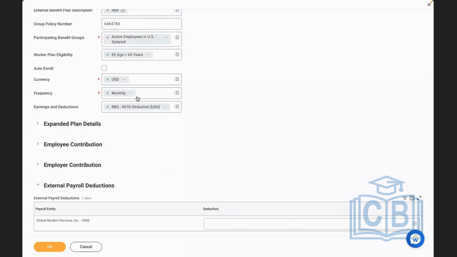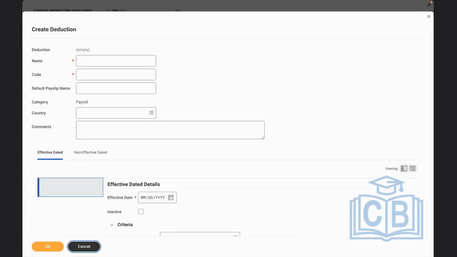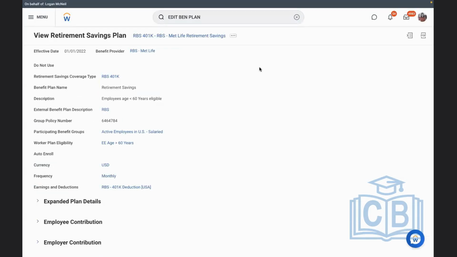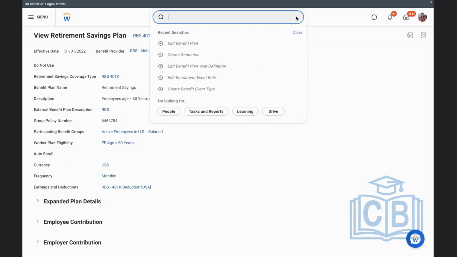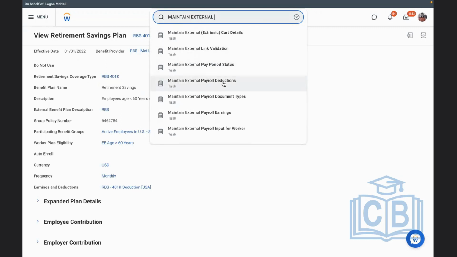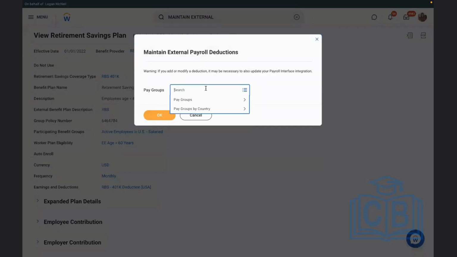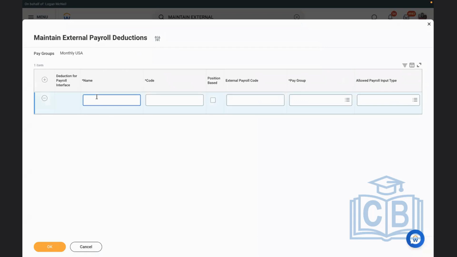Now let's see how to create for external payroll. Cancel. This is the integration team's job. They will access a task called maintain external payroll deductions. Pay group is USA monthly. The name I'm going to give is RBS